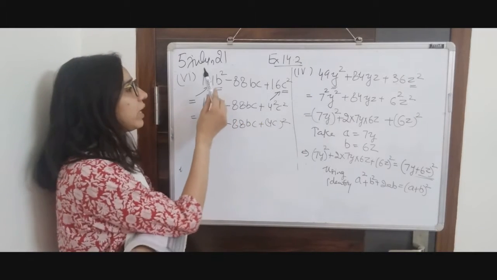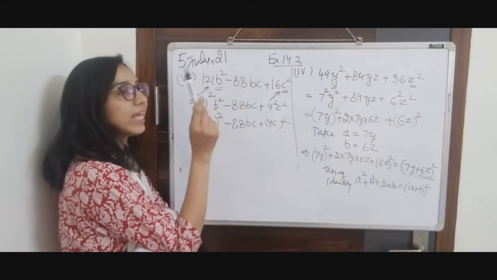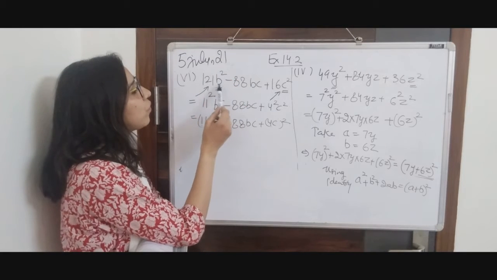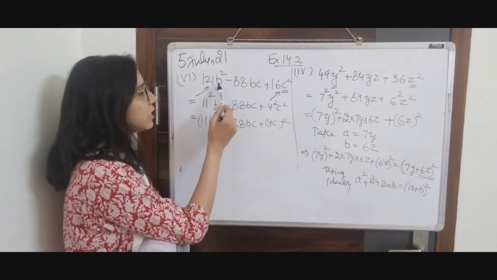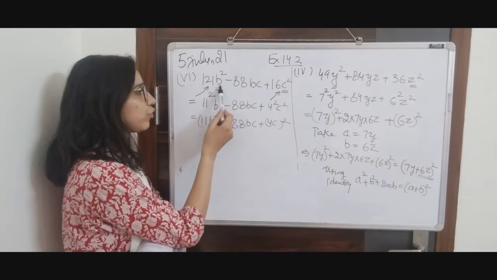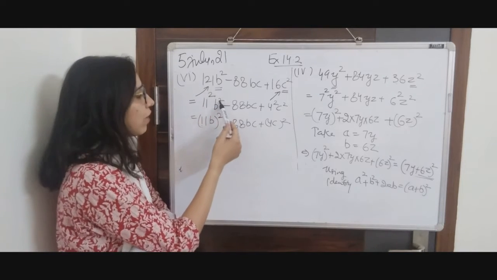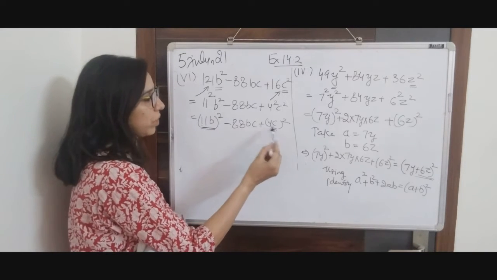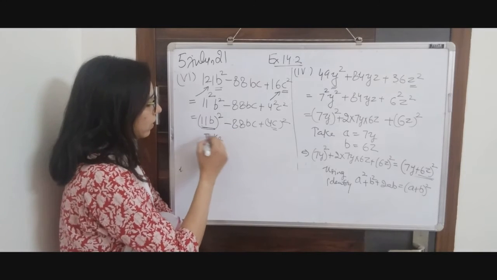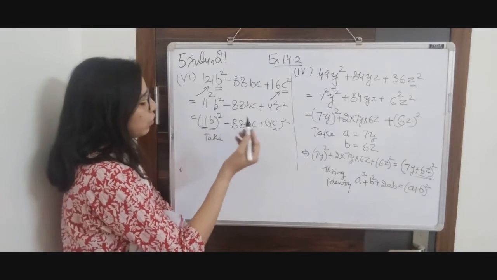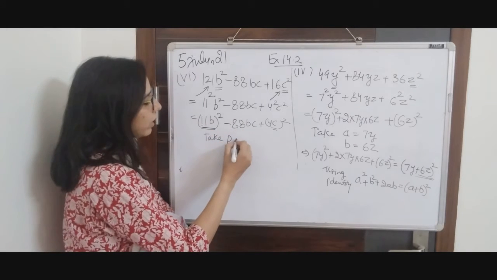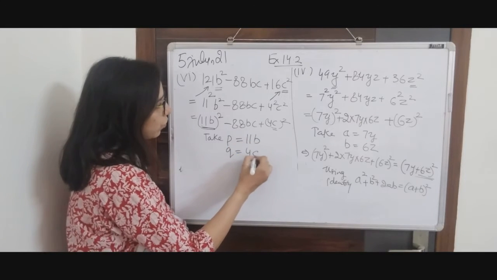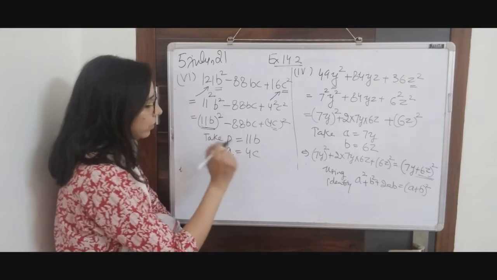You cannot apply your a square b square formula here, because a square means term a whole square. So here we don't know what is term a, and if you are taking term a as b, then 121 is attached to it. So we can't really apply the formula here. So we have to convert it into a whole term. This one is going to be a now, and this is going to be b now. Because b is already here, I am going to take another variable. Suppose I take it as p. So p is your 11b, and your q is going to be equal to 4c. p is this and your q is this.